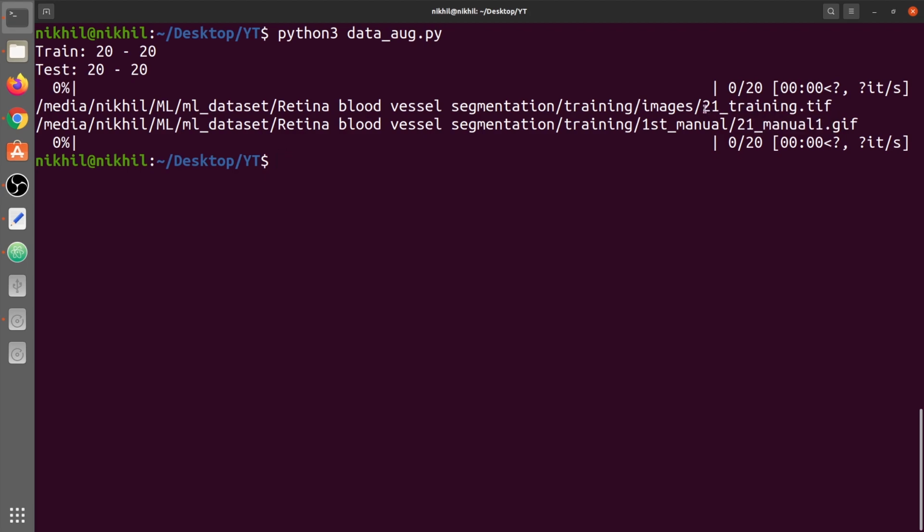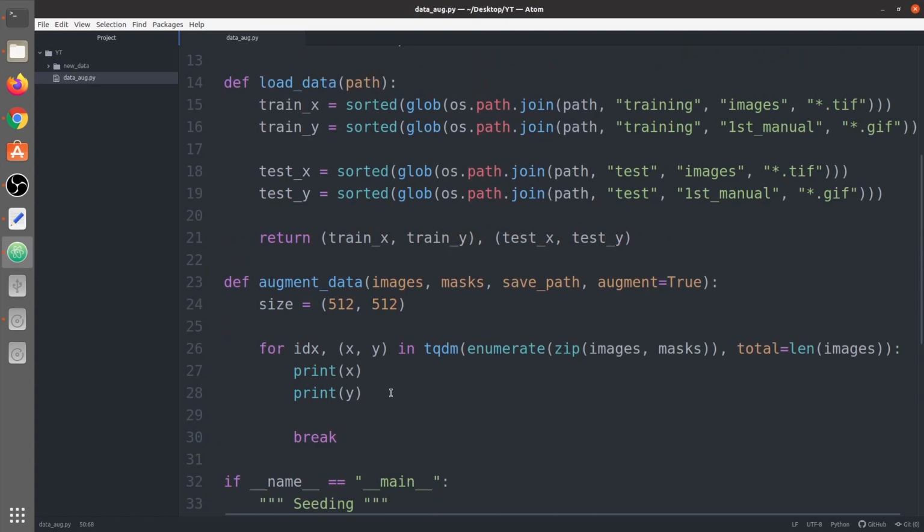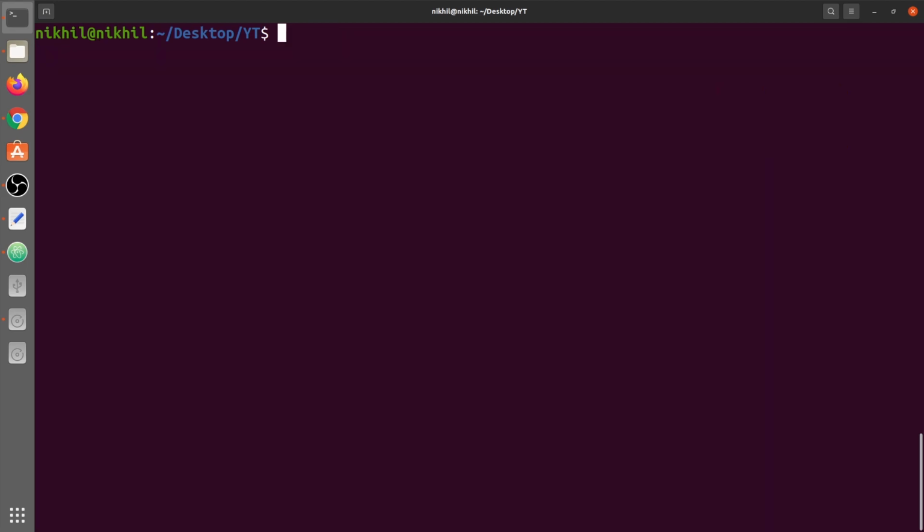So we're going to extract this name, 21 underscore training, because we need to save the image, so we need their proper naming. We'll make sure that both the image and mask have the same name, so we don't have any issue while loading it. So we're going to extract this part, this 21 underscore training. So let's do that now. We're going to say x name, or simply let's give it name. So we're going to say name equals x dot split. We're going to split this path on the basis of the slash. You can see this entire path consists of slashes. Now we would run it.